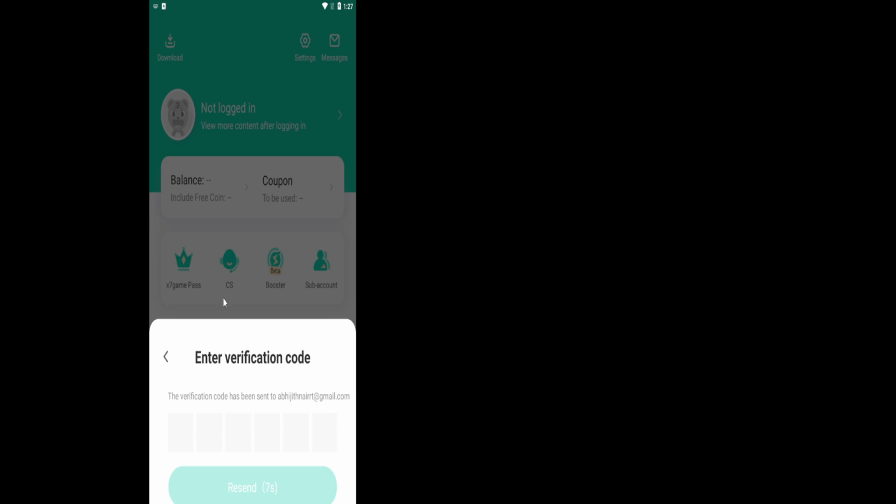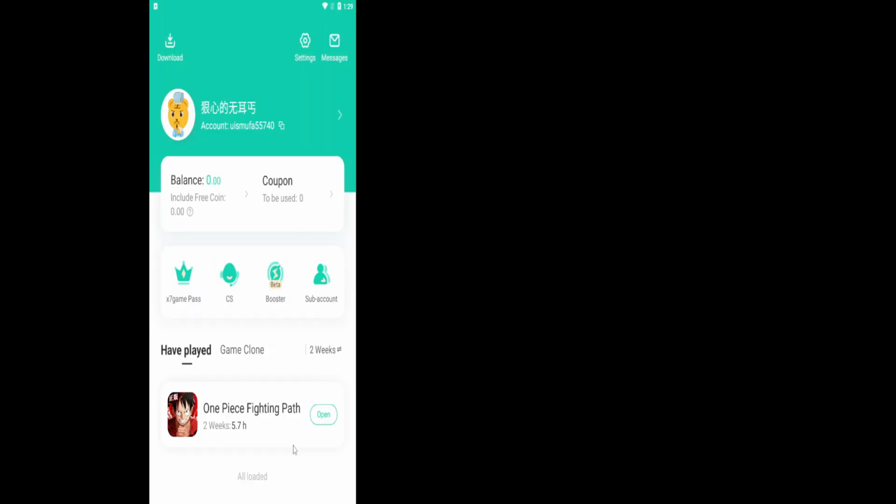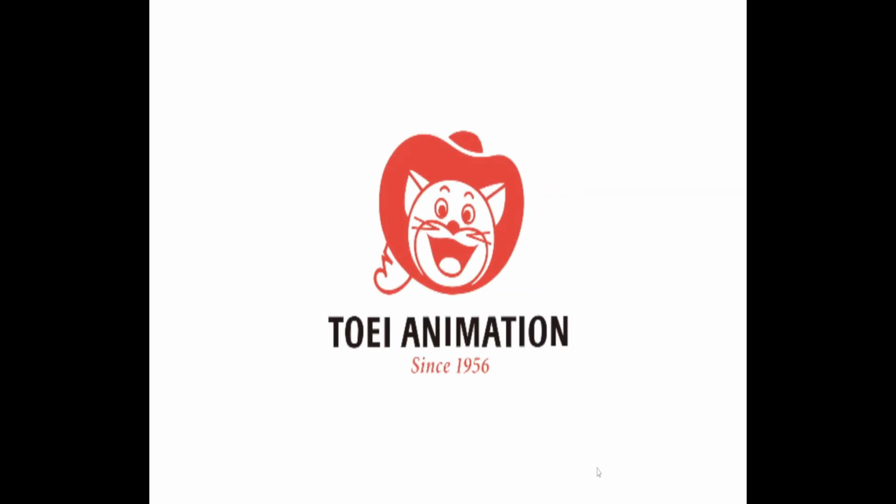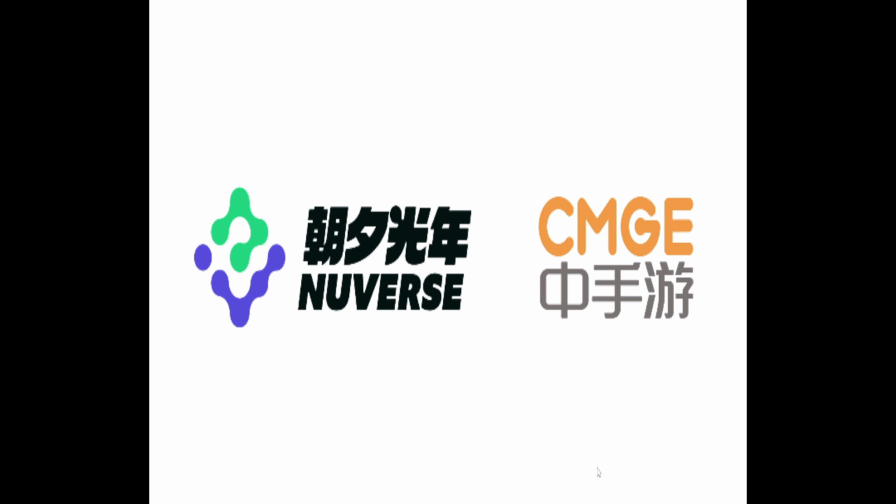And it will redirect to that X game app again. Then there will be the download part of this. You should search for Fighting Path and download it. After the 1.7 GB download happens,